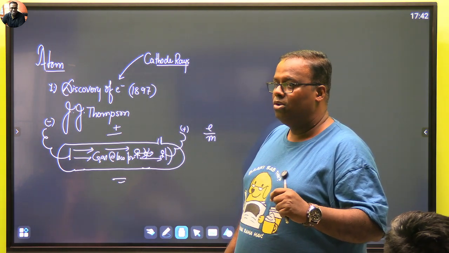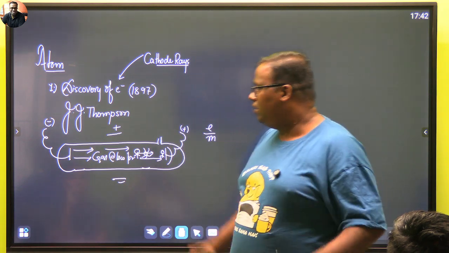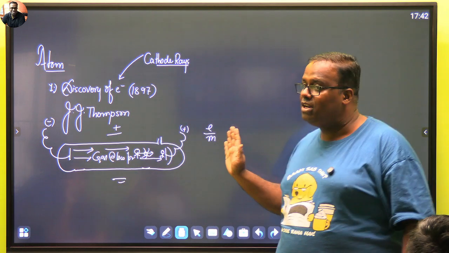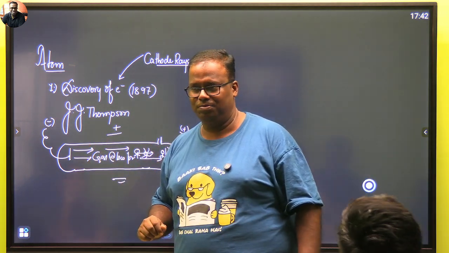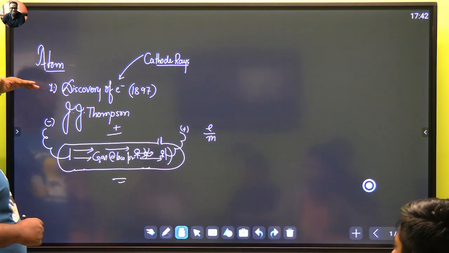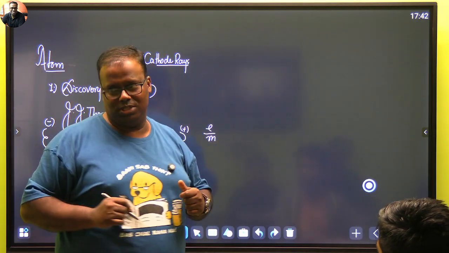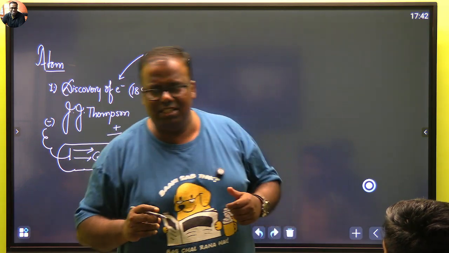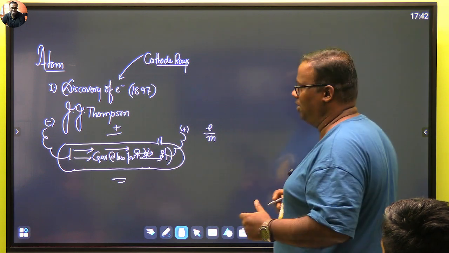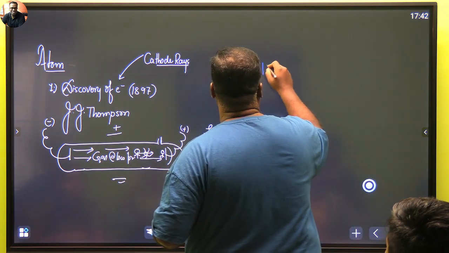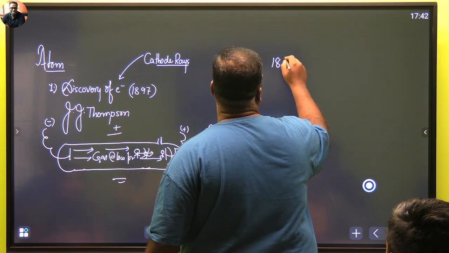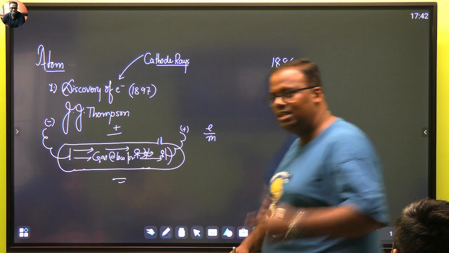Now, the thought comes, if there is a ray which is coming from cathode, should there not be a ray which comes out from the anode also? And the idea of anode rays then struck J.J. Thomson. But यहाँ कहानी में एक twist आ जाता है. J.J. Thomson tried his level best to also have the accreditation for protons in his name, but it is not given to him. Protons की discovery अगर आप देखो, if you see in any book, every book will start with this and then say protons were discovered back in 1886 itself.